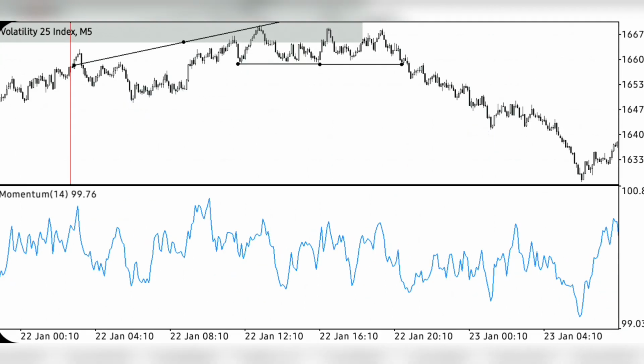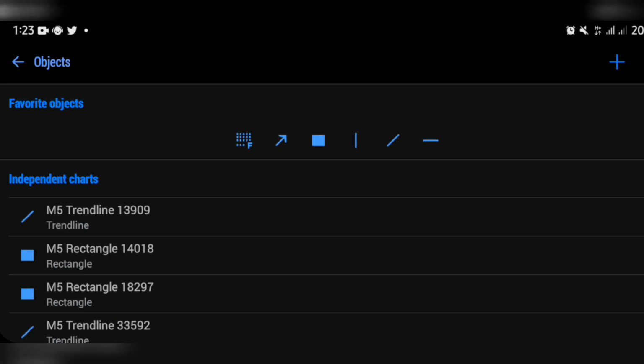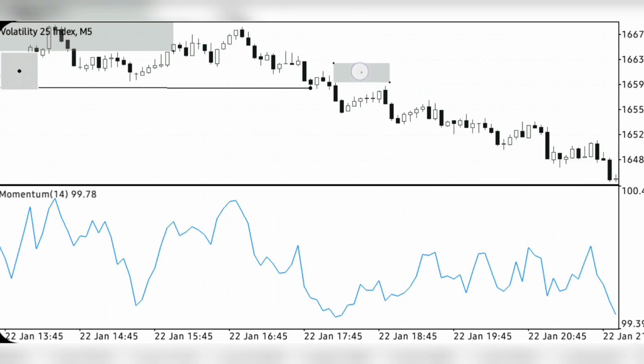We had that break of structure there. We had little break of structure there. Now, this is where you are going to enter the market. This is where you're supposed to enter the market, because the momentum has given you extra confirmation that this movement